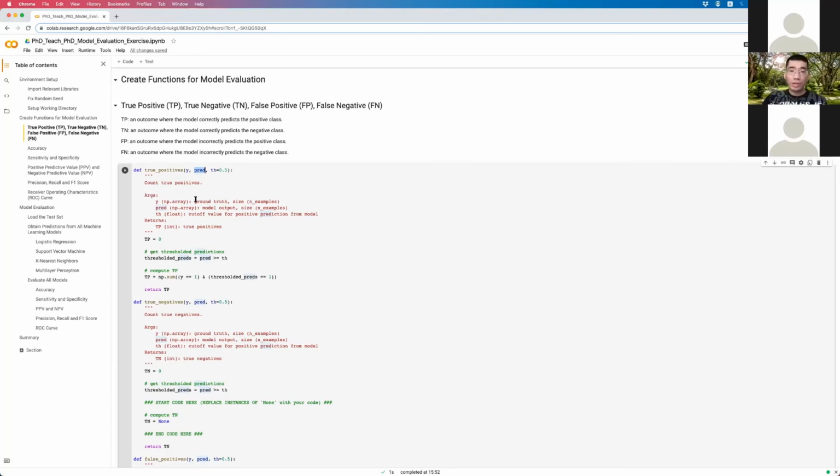For the rest, from accuracy to F1 score, we have learned that these metrics can be computed based on the values of true positive, true negative, false positive, and false negative. So now let's